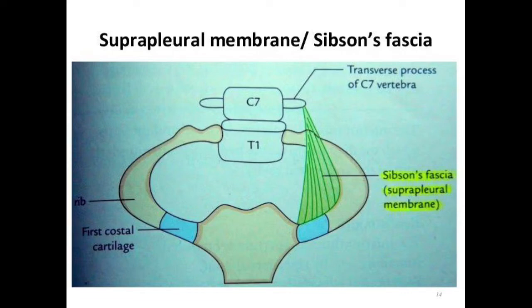If you see the direction of this fascia, it slopes downwards towards the inlet of the thorax. It is an incomplete diaphragm derived from the endothoracic fascia. It can also be said to be an extension of the tendinous attachment of scalenus minimus muscle. Some books say that this is nothing but an extension of the tendinous attachment of scalenus minimus muscle. The shape of this fascia is triangular.